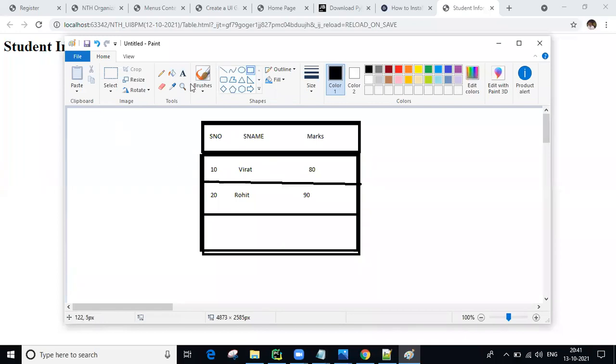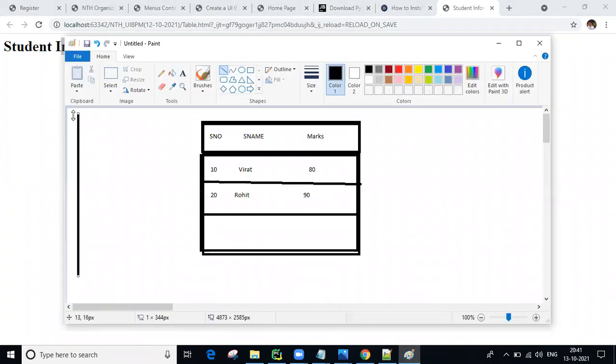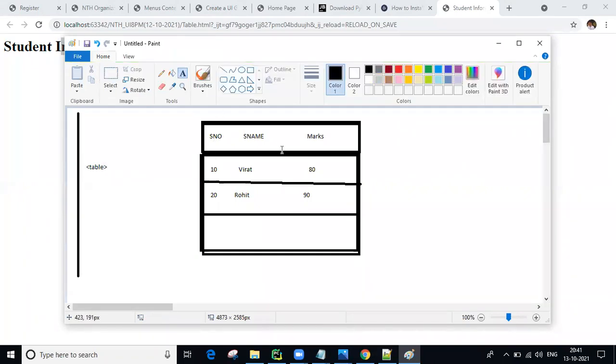So the entire table, if you want to represent the entire table from top to bottom, we call this the table. So using the table tag, we can design this entire table, guys.